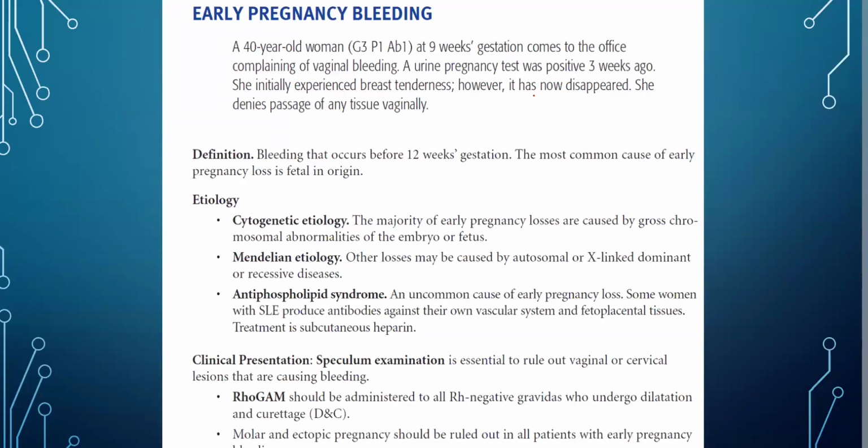Okay, moving on to our tonight's session with early pregnancy bleeding. Early pregnancy bleeding means that if bleeding happens in a pregnant patient who is less than 12 weeks gestation. So we divide pregnancy into 3 trimesters, first, second, and third. First trimester is basically up to 12 weeks, and then up to 28 weeks is second trimester, and after 28 to 37 or up to delivery is third trimester. So first trimester bleeding is early pregnancy bleeding.